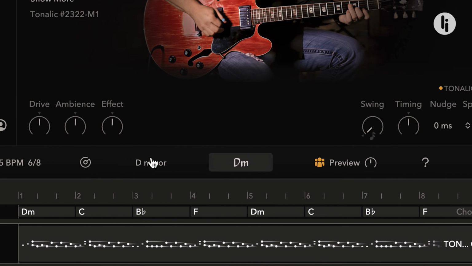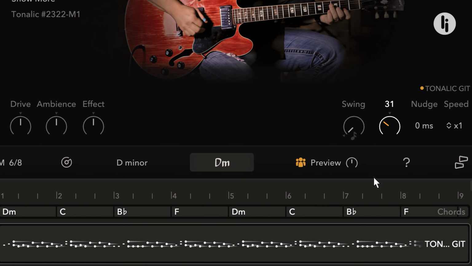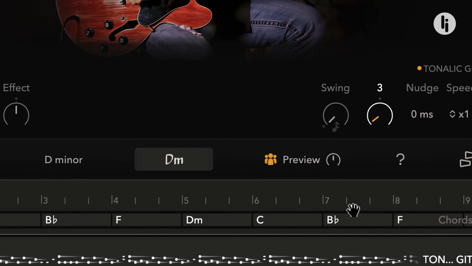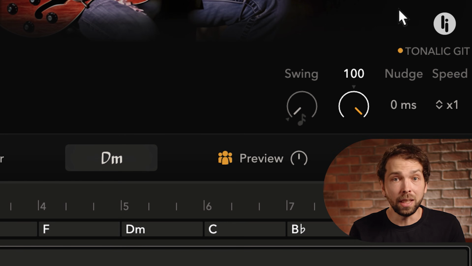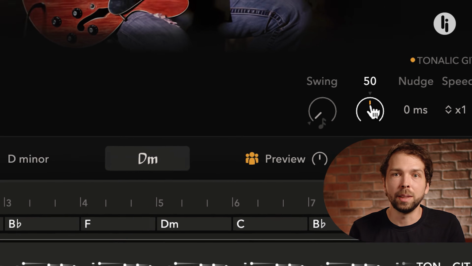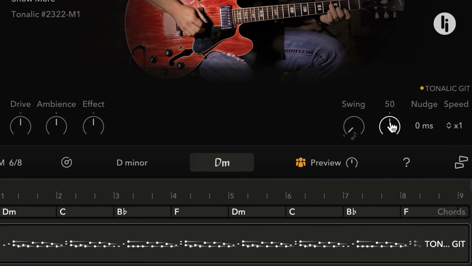All the way to the left, the original timing is preserved, so the musician might intentionally play a little ahead or behind the beat. That's what gives the Tonalic its natural groove. All the way to the right, those subtle nuances are stripped away, and everything is tightly quantized to the click. The middle position, the default, offers the best of both worlds, keeping the musician's feel while syncing to the click